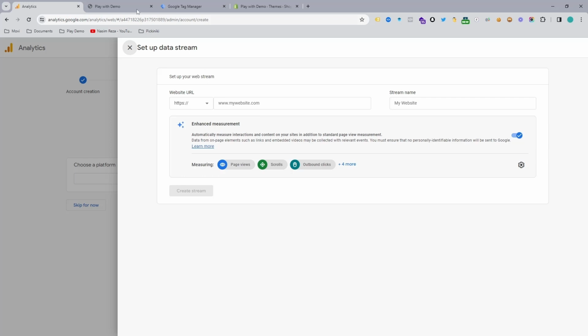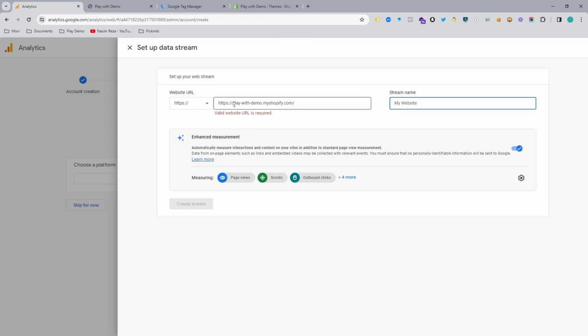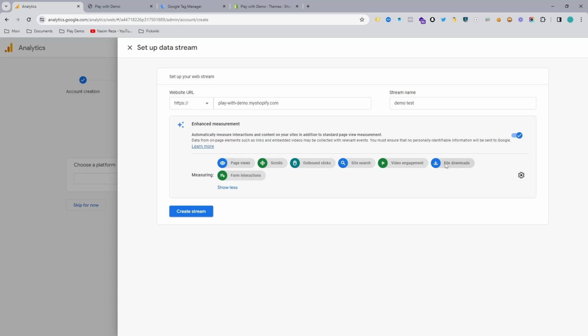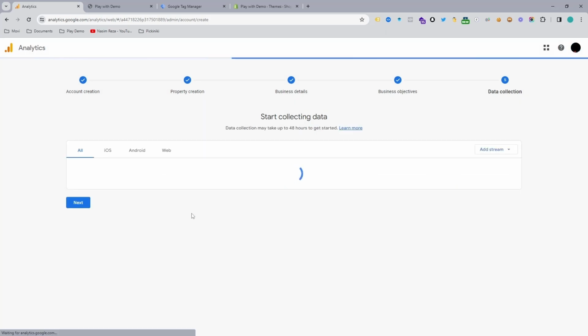So I just copy my website URL here and paste it here, without the HTTPS, and then I just want to copy the exact same name which is demo test, and you can see this kind of event you will get automatically, which is very cool. And when you have done, you need to hit create stream,